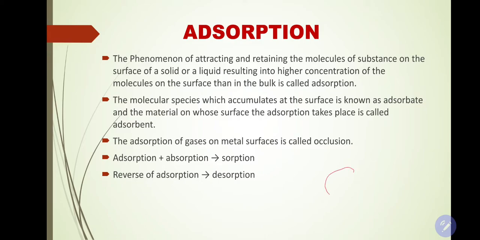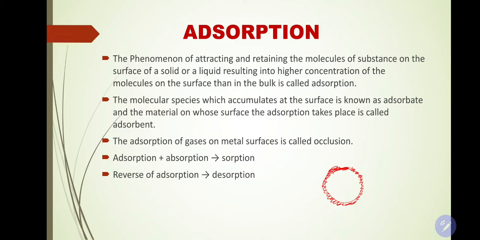So silica gel is one such example. If I take one object, for example, if this is an object, adsorption means the molecules are attracted only on the surface. So you can see that there is a bulk of substance which is getting attracted on the surface of the substance. This phenomenon which retains the molecules on the surface is known as adsorption. It is not a bulk phenomenon, meaning it is not going to wholly absorb.